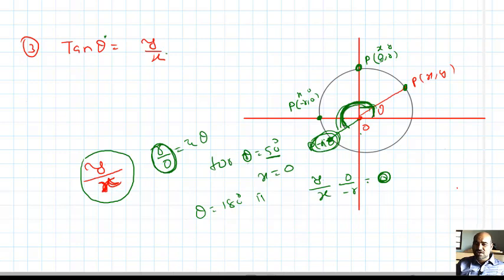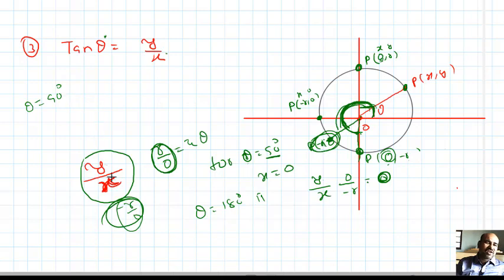Okay, now rotating, and my arm is on the negative y axis. My point is here. Actual coordinates are 0 comma minus r. So what is x here? 0. What is y? Minus r. What is y by x? Minus r by 0, not defined. For what value of theta? Theta is 270 degree. What is our observation? Theta 90 degree, tan is not defined, so y by x is not defined. Theta equal to 270 degree also, y by x is not defined because x is becoming 0 for such angles. Understood?